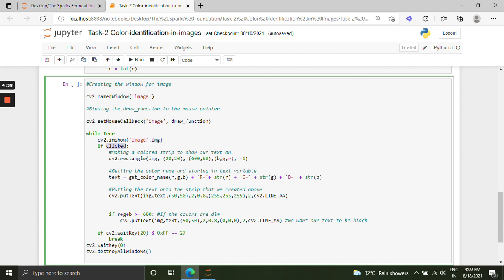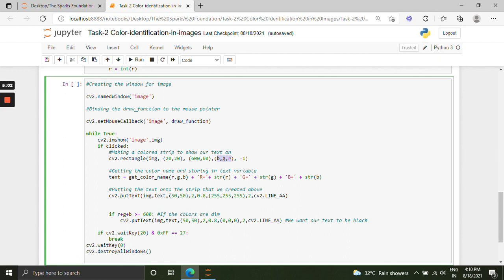If the click event is true, then it will draw a rectangle which will be of the same color as the area selected by the mouse pointer. As you can see, it is taking BGR as the background color for that strip. This BGR is the same color which we have selected by double click or left click over the image area.